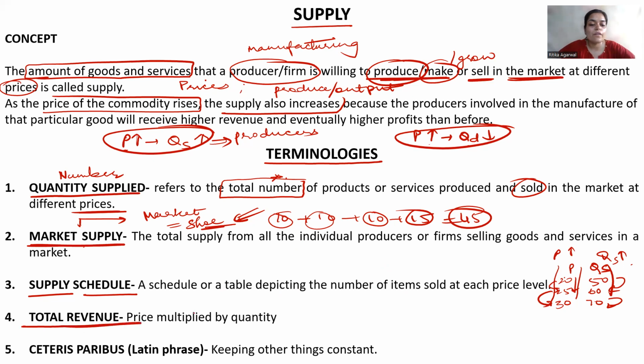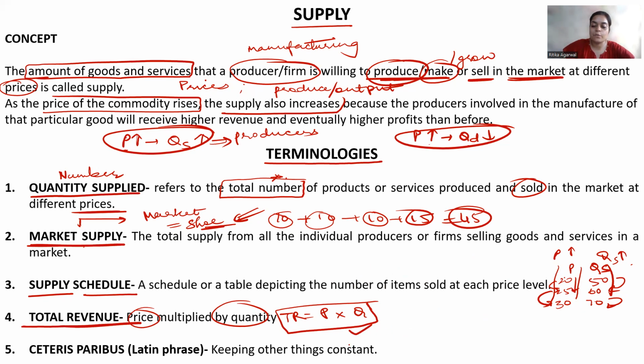Next we have total revenue. Total revenue means price times quantity. Price into quantity is equal to total revenue. Why? Because revenue means anything that is incoming to the business after the items are sold in the market. So if the shoe is sold, or any pen set or laptops or mobile phones or bottles are sold in the market, then whatever amount that particular producer is receiving after selling these items in the market